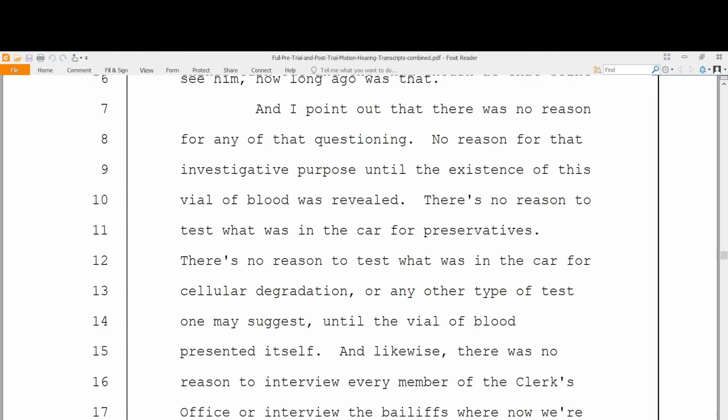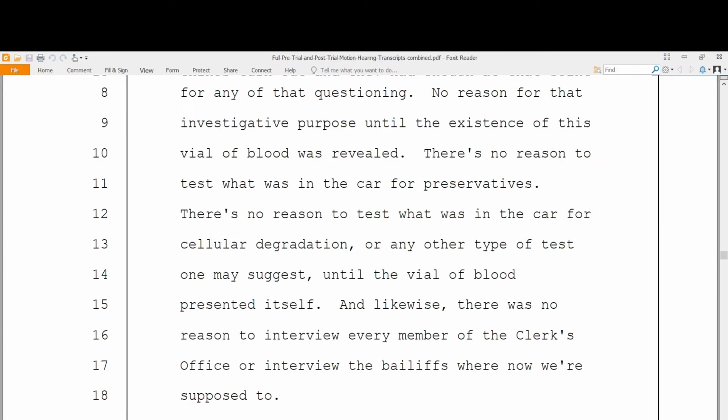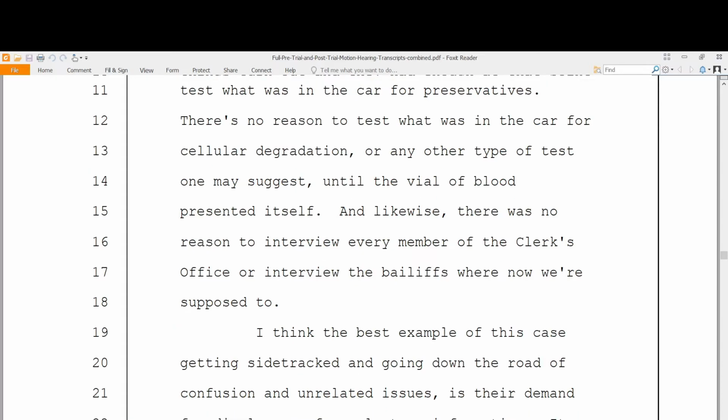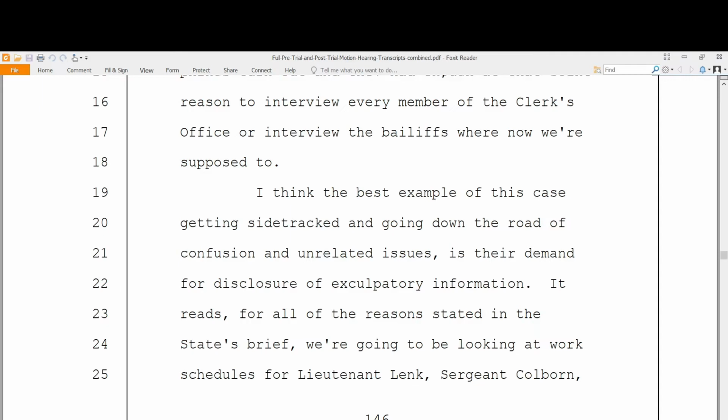There's no reason to test what was in the car for preservatives. There's no reason to test what was in her car for cellular degradation or any other type of test one may suggest until the vial of blood presented itself. And likewise, there was no reason to interview every member of the clerk's office or interview the bailiffs, where now we're supposed to. I think the best example in this case, getting sidetracked and going down the road of confusion and unrelated issues,